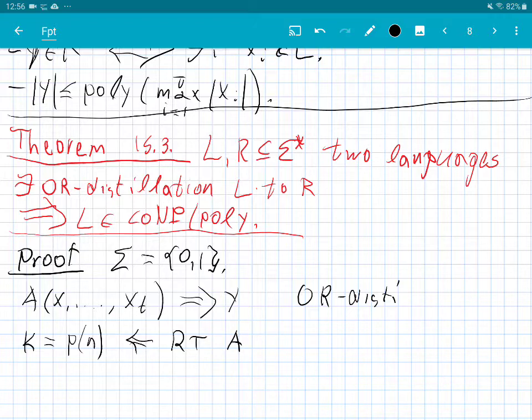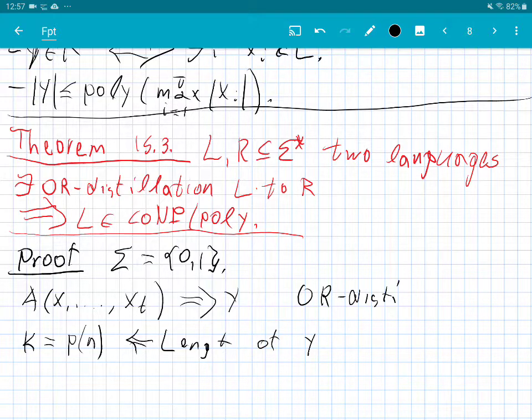In fact, I have to be more careful, sorry. This is not the running time, this is the length of the output. Length of y, we assume, is bounded by some polynomial p of n,